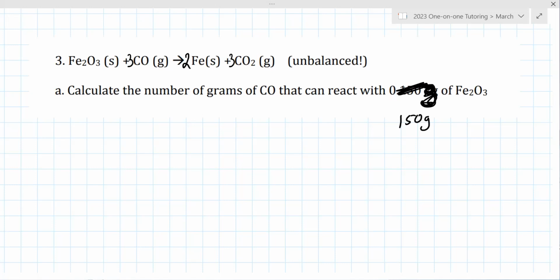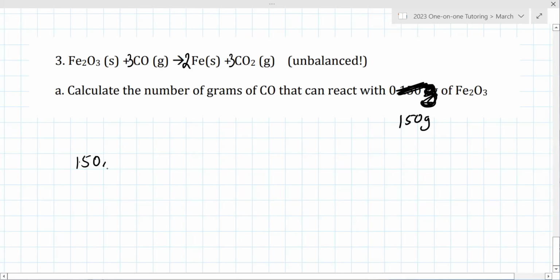One mole. 3. So 6. One. 60 grams of that. And then